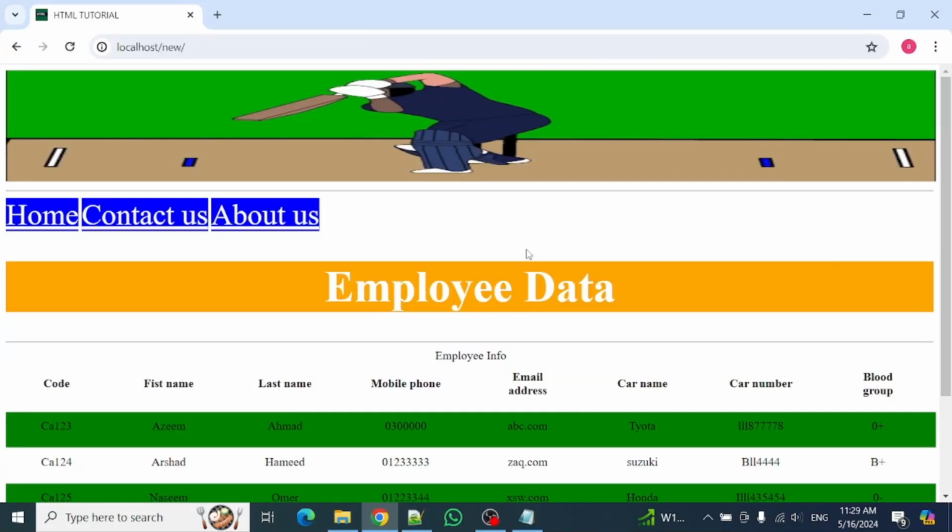In this HTML tutorial, we will learn about HTML images. We will use images with paragraph. On this website page, images and paragraph will appear after navbar, hyperlink, and before heading level 1 employee data. So go to the editor and